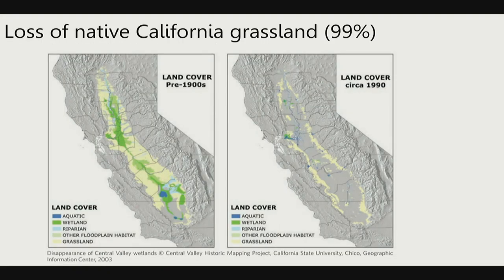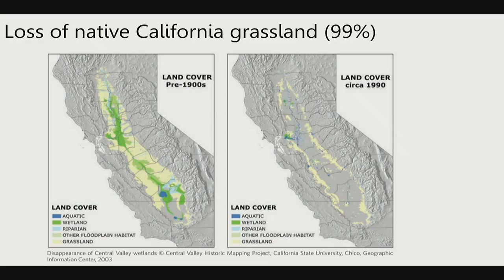So keep in mind, as we're talking about this, grasslands really are, across North America, but particularly in California, an endangered ecosystem, right? This is a fairly famous figure looking at landscape composition in the Central Valley of California. Pre-1900s, before implementation of intense farming, agriculture, herding, ranching, that sort of thing, most of the Central Valley was a combination of wetlands and grasslands, right? These darker greens are wetlands, dark blues, of course, aquatic. This is a lake that no longer exists. And then we had a lot of grasslands where things were just not quite wet enough to be a wetland. Shocking, right?